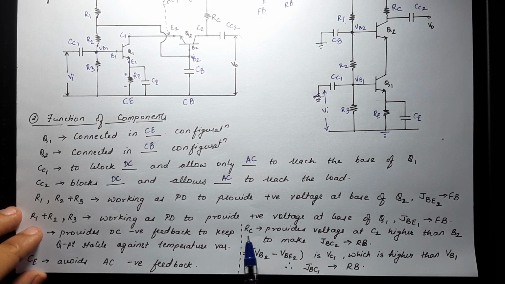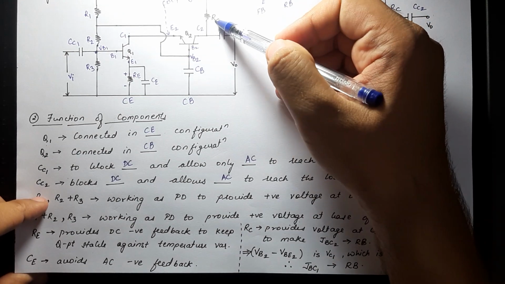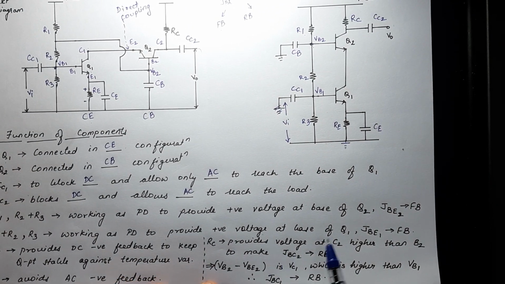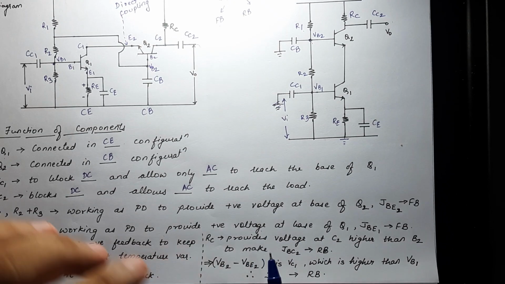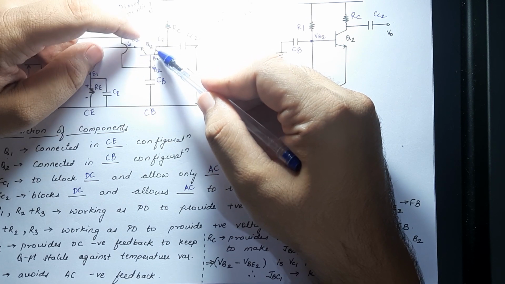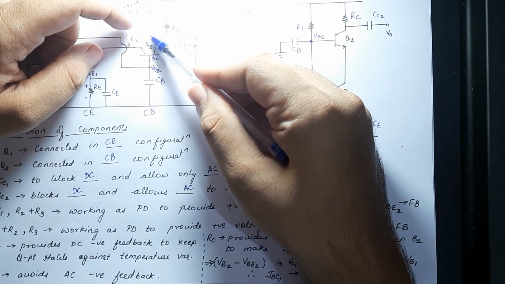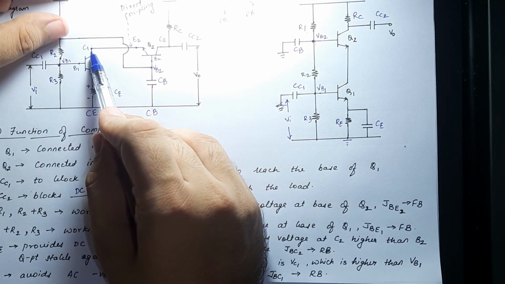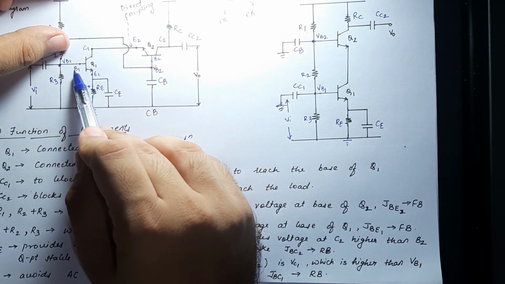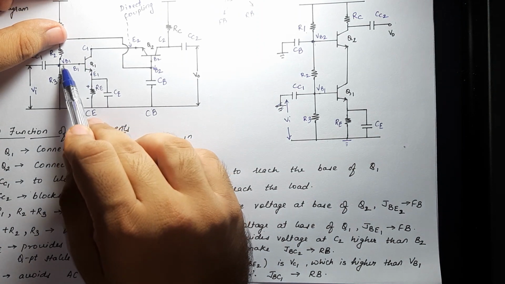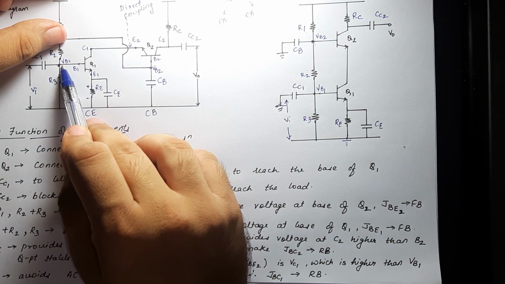Now RC, if you look over here, RC provides voltage, and this is somewhat important. RC is connected to C2. Then C2 is a part of the transistor, of which B2 and E2 are also a part. E2 is directly connected to C1. Now C1 is a part of B1 and E1 again, and via B1 it is the base voltage over here.